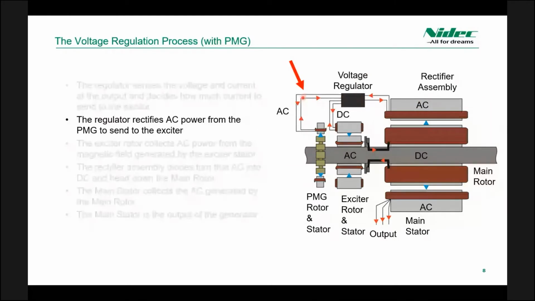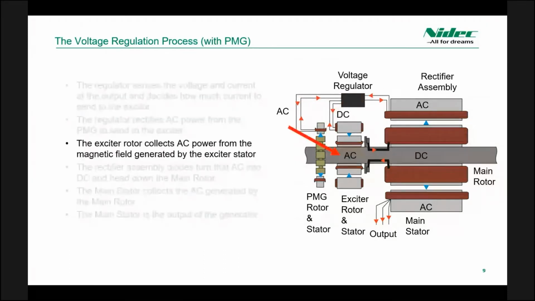If it needs to raise the excitation, it's going to need to pull power from a power source. In our example, that is a PMG on the rotor of the generator. It will pull power from this PMG output, and it will have to rectify that into DC. Once it's rectified to DC, it will go into the stator of the exciter. And then the rotating rotor right here will pick up that voltage from the magnetic field produced by the stator, and it will be in the form of AC voltage.